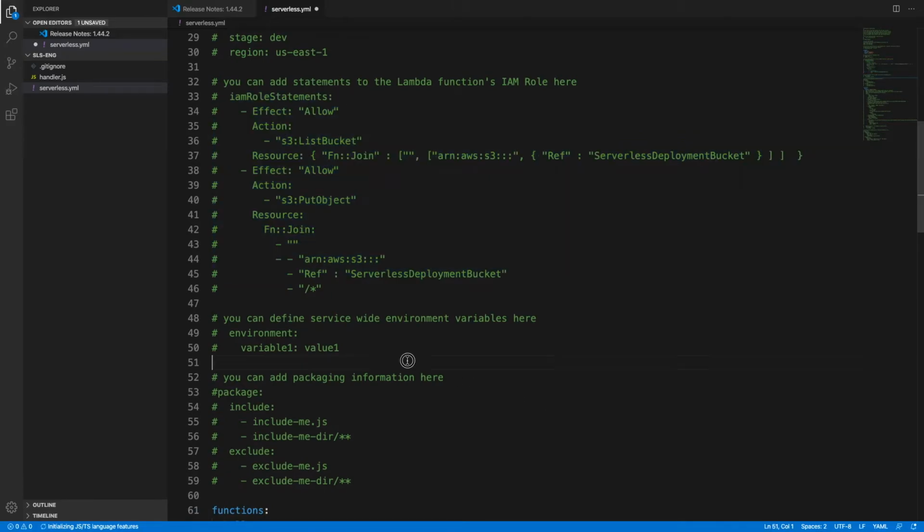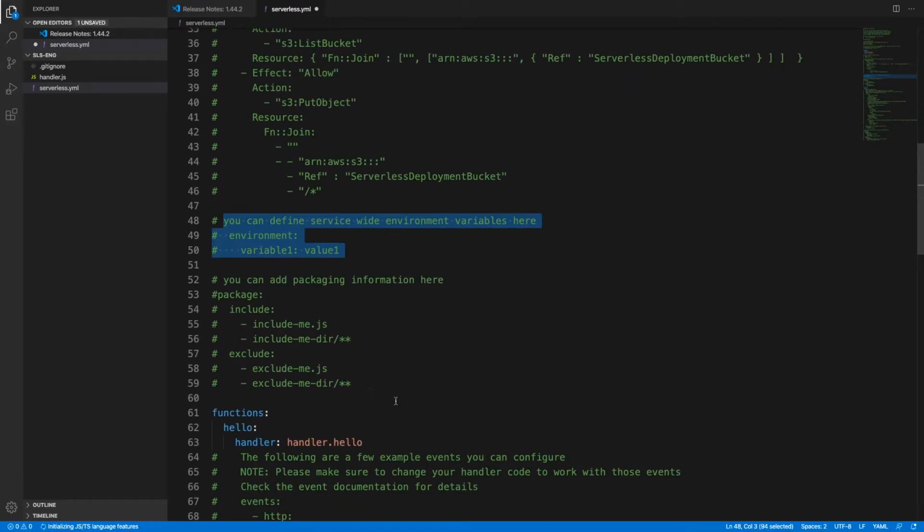And also there are environments, and then, as you can see here, this is very important: the function. In serverless, whatever we write for the REST API, we have to write all those codes in a particular function.